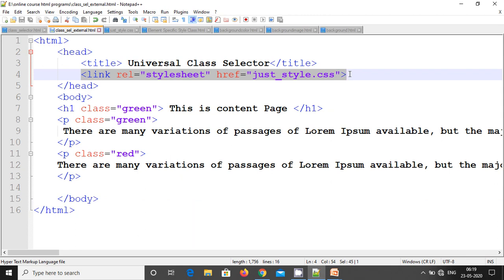Now, advantages of an external style sheet: you write the file once and you can apply that styling property wherever you require. You need not repeat it again and again, right? But inline will apply only for one particular text, one particular tag. In case of an internal style sheet, it will be applied only for the particular page. And in case of an external style sheet, it may affect more than one page wherever you include that particular file. So these are the differences between inline, internal and external style sheets.